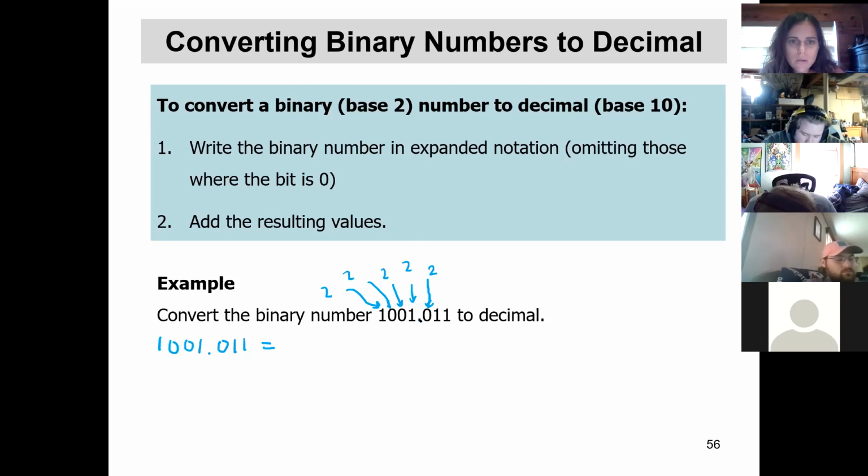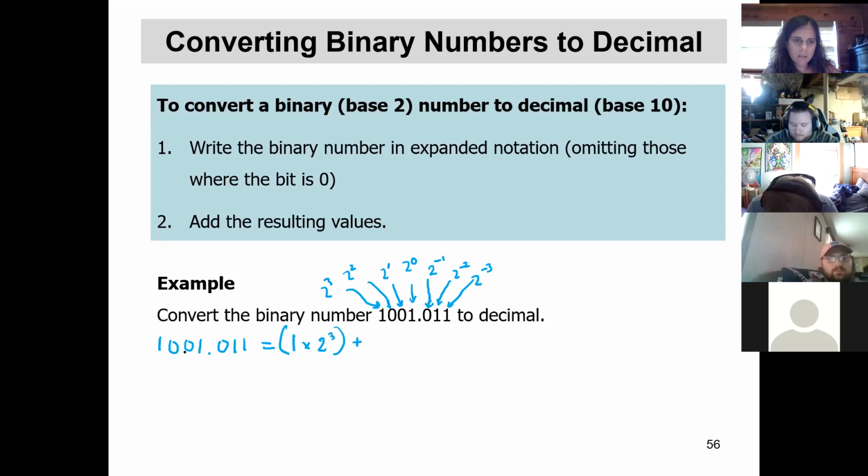2 to this, right to the left of the decimal place is going to be 2 to the 0, 2 to the first, 2 to the second, 2 to the third. Then we'll have on the right side of the binary point, 2 to the -1, 2 to the -2, 2 to the -3. So this most significant digit will be 1 times 2 to the third